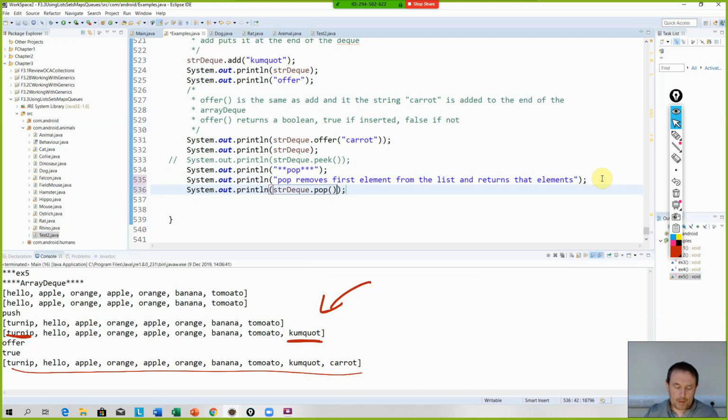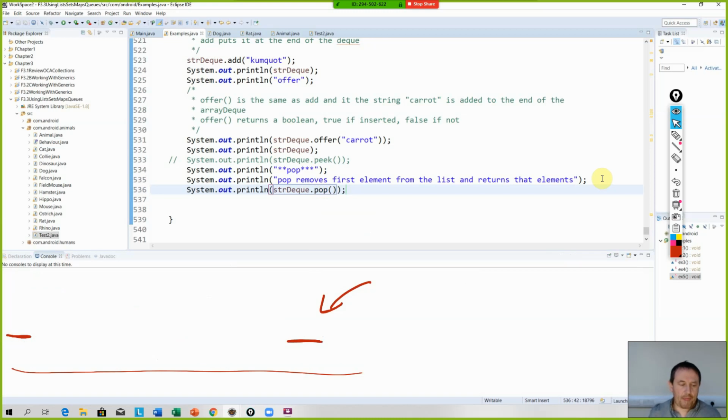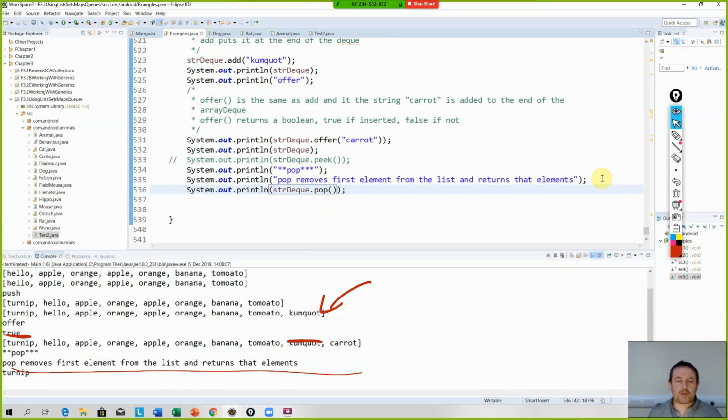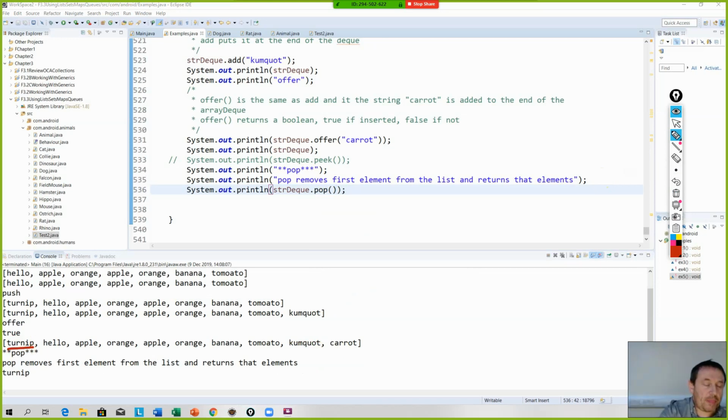Okay, so what does that return? That returns turnip. All right, so it returns the first element in our array deck. The first element in our array deck is a turnip. Now at the same time, it removes turnip from the array deck. So if I print it out,